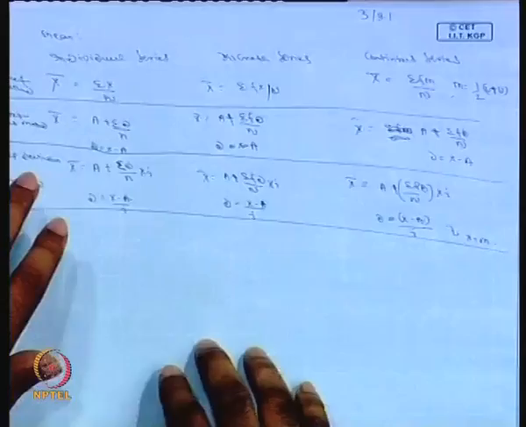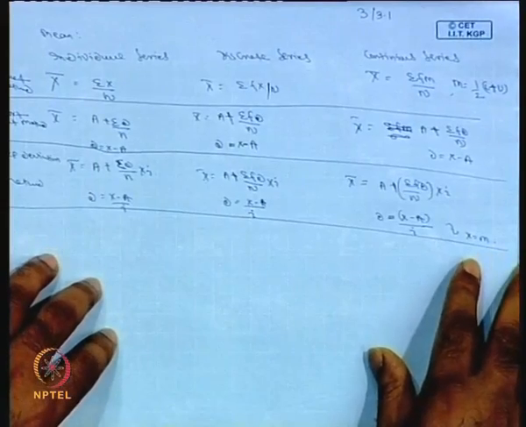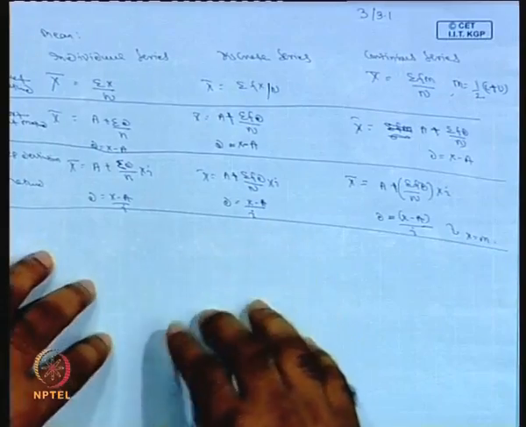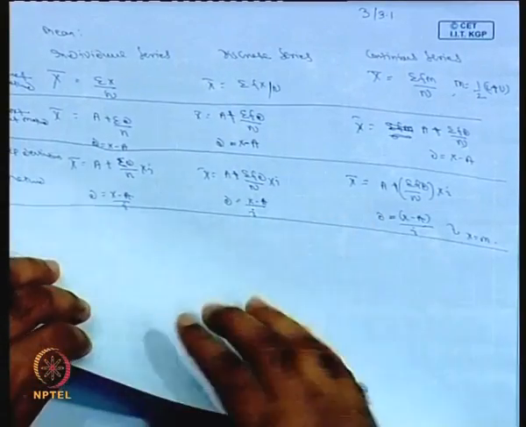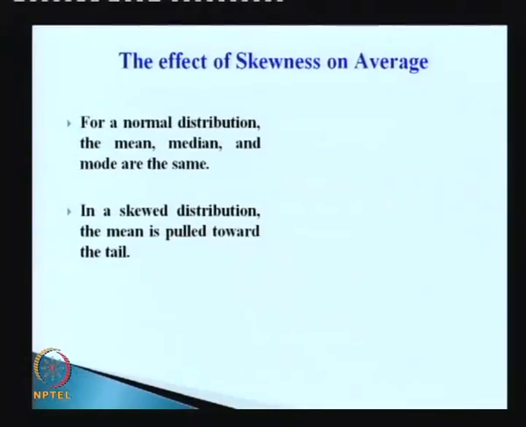The detailed structure of calculation I may highlight in a different class, because it is not possible now to take an example to solve. We will discuss in the next class, when we go for bivariate modeling, how it works when the series is a discrete series and a continuous series. Now I will explain one other aspect of this problem, that is skewness and